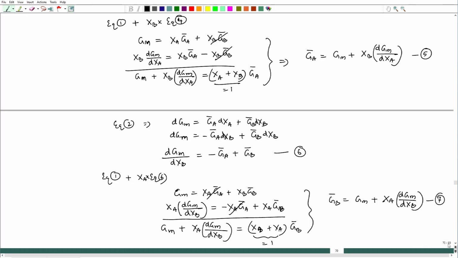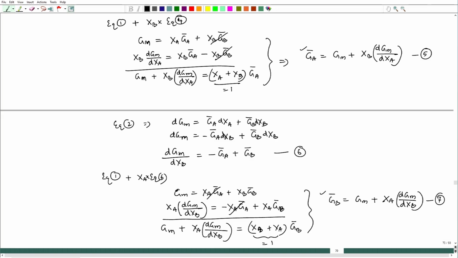So, these two equations are actually indicating that the partial molar quantity, this one and this one, for A and B components in a mixture at a temperature and pressure, when these two quantities are constant,